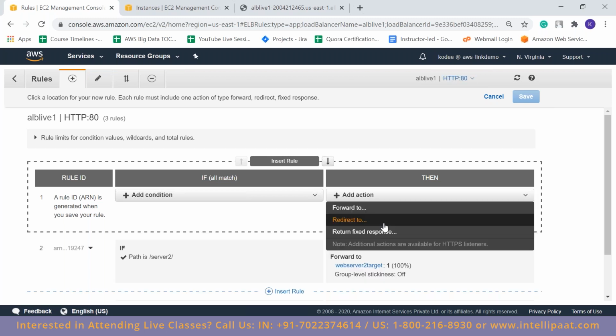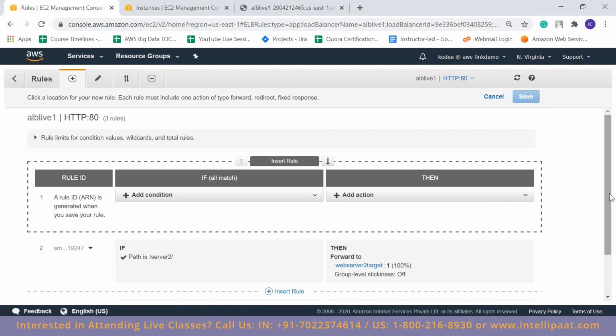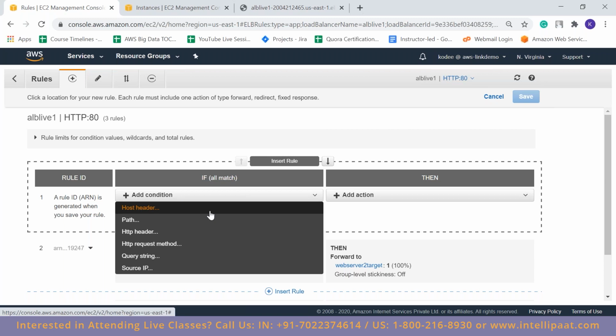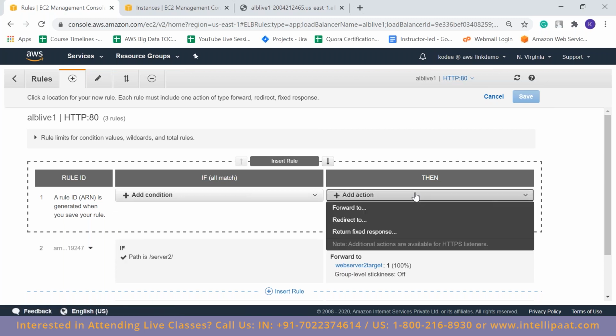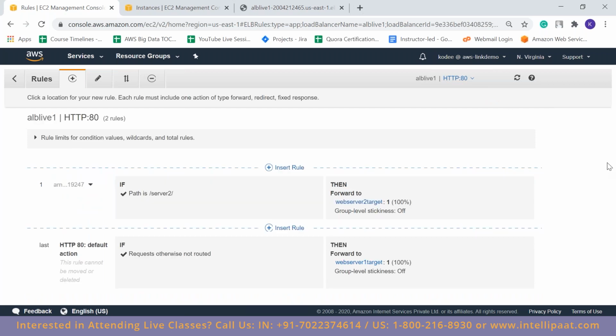Then what else? I've never used this. So this is basically how to add conditions, and if the condition is successful, then it will forward to a particular target group or a particular IP address. Okay, so I'll just cancel this.